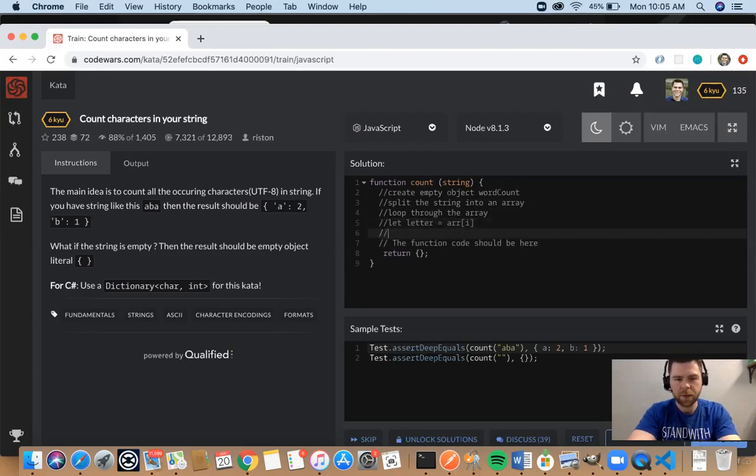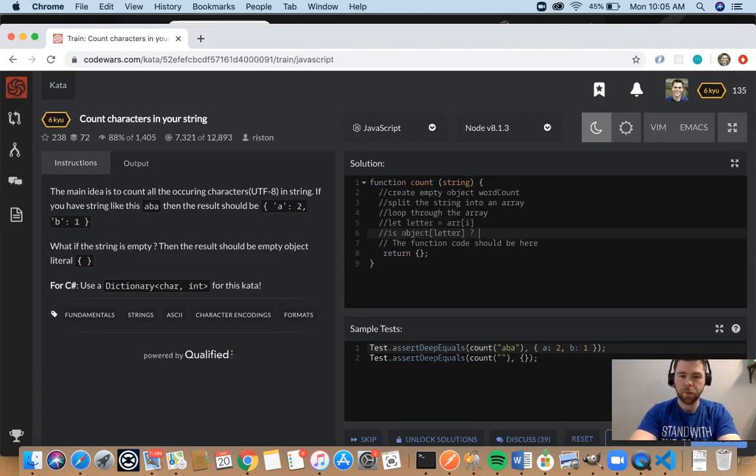For each item in the array, we're going to say: does object at index letter exist?